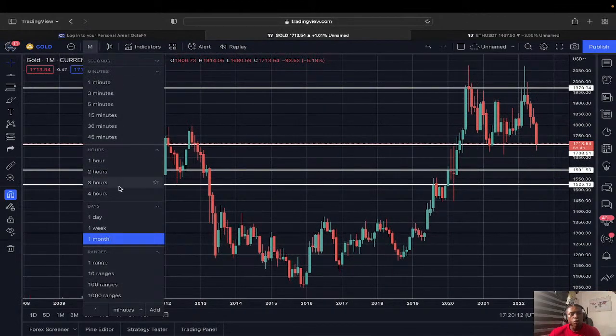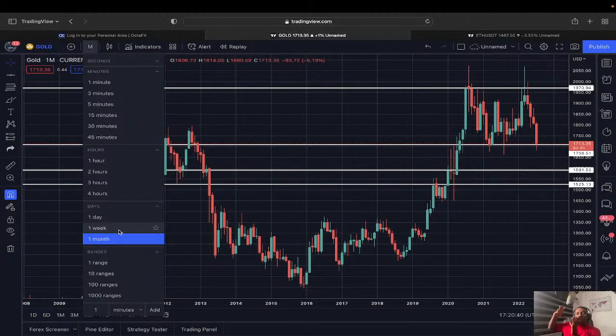If we now go to the weekly time frame, why are we going from the monthly time frame to the weekly time frame? That's the top to bottom, which is the higher time frame to lower time frame, so that on the higher time frame we can see, on a broad base, what is actually happening. On a broad base we can see the chart and know what is happening.